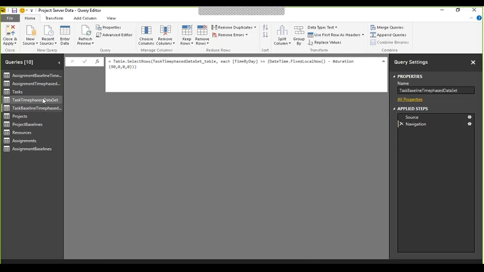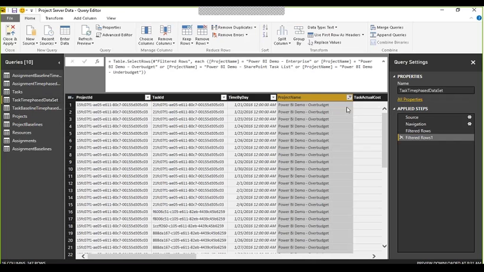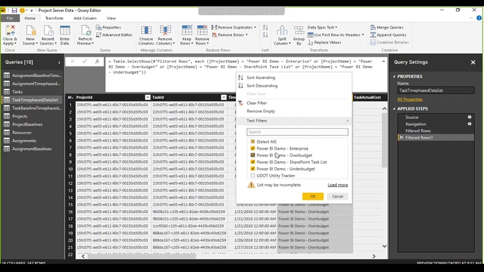Another thing that I can do, go back here, I can also filter it to specific projects. So in this case, what I've done is I've gone in and just said, I just want to do all these projects that I'm going to use for my Power BI demo. You could filter it to any number of projects. If you're building this as a data set for a specific team and you wanted to filter it for the project that had to do with their team, you could do that and then publish this up as a content